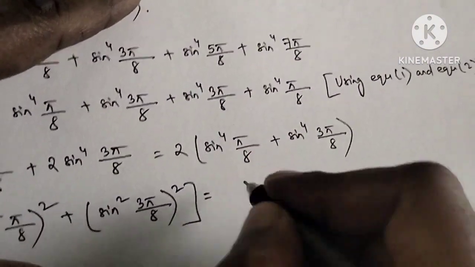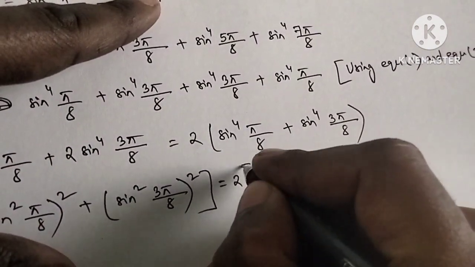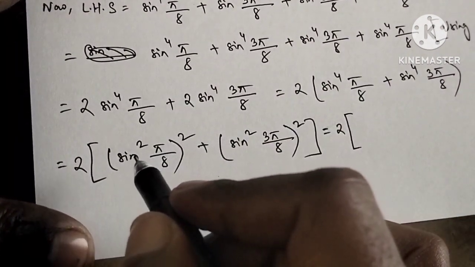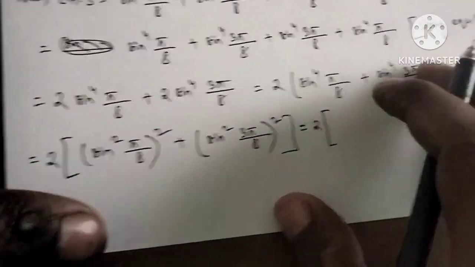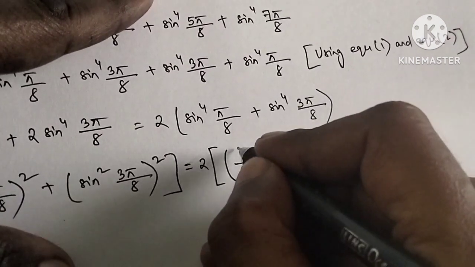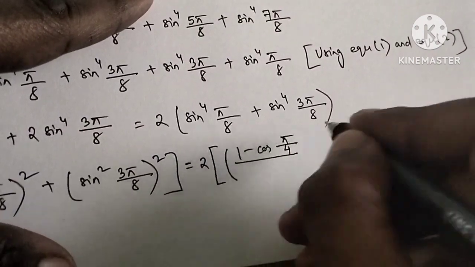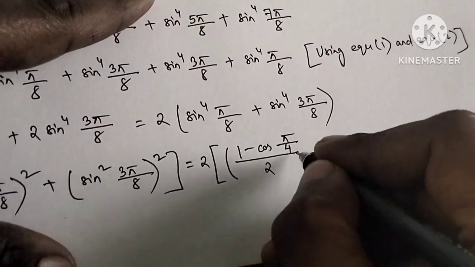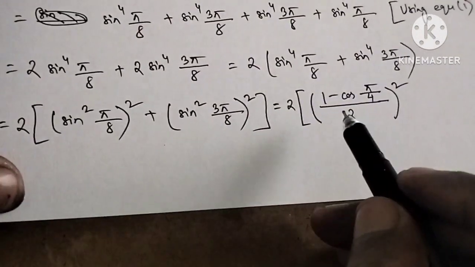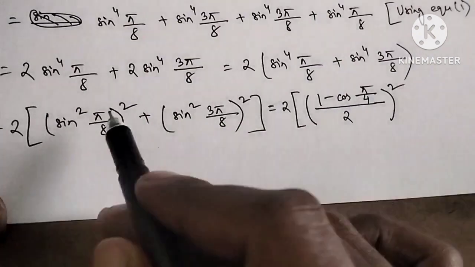Now 2, sine square pi by 8 can be written in this way also: 1 minus cos pi by 4 by 2. Sine square pi by 8 can be written in this way: 1 minus cos pi by 4 by 2 whole square. Okay,